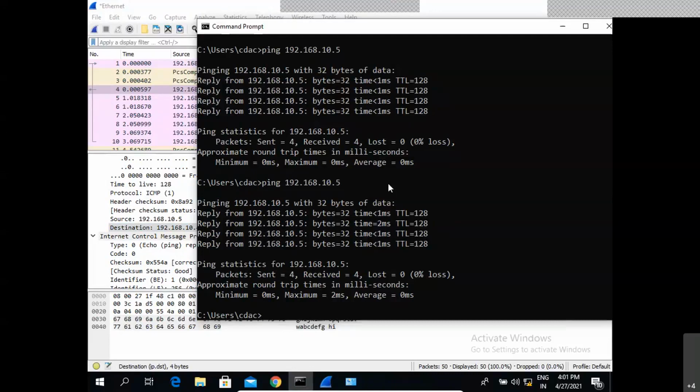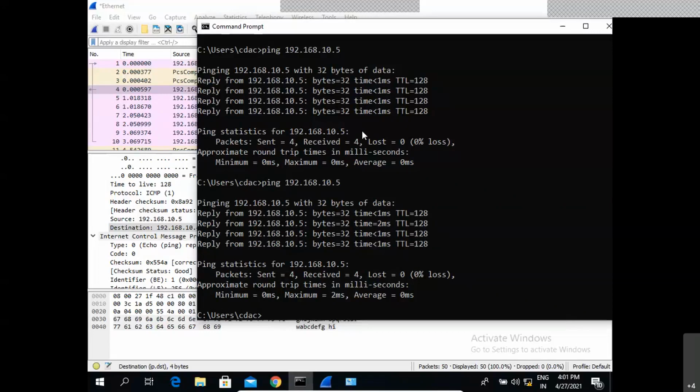So what is the time to live? Now let's say we are discussing a TTL value of 128. If this is for Windows, similarly for Linux, most of the Linux distributions use the TTL value 64. Now similarly, if I get a TTL value of 64 in any one of the Wireshark communications, I can assume that instead of Windows, this particular destination machine is a Linux distribution, because I'm getting the TTL value of 64.